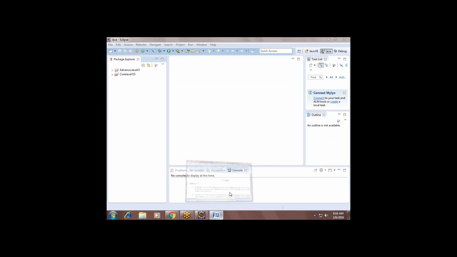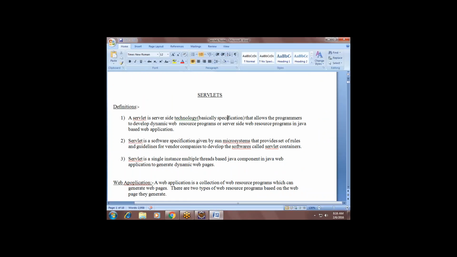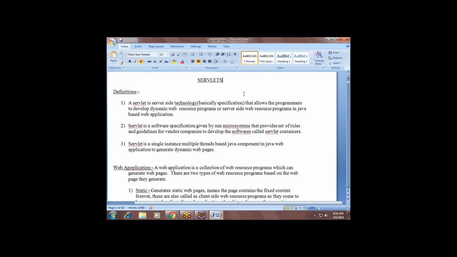Right. So let us discuss servlet introduction today. What is a servlet, guys? Do you know anyone? Yeah, sir. What is a servlet? I just had an overview which states that it is used for web applications. See, a servlet is nothing but a server-side Java program. Simple.